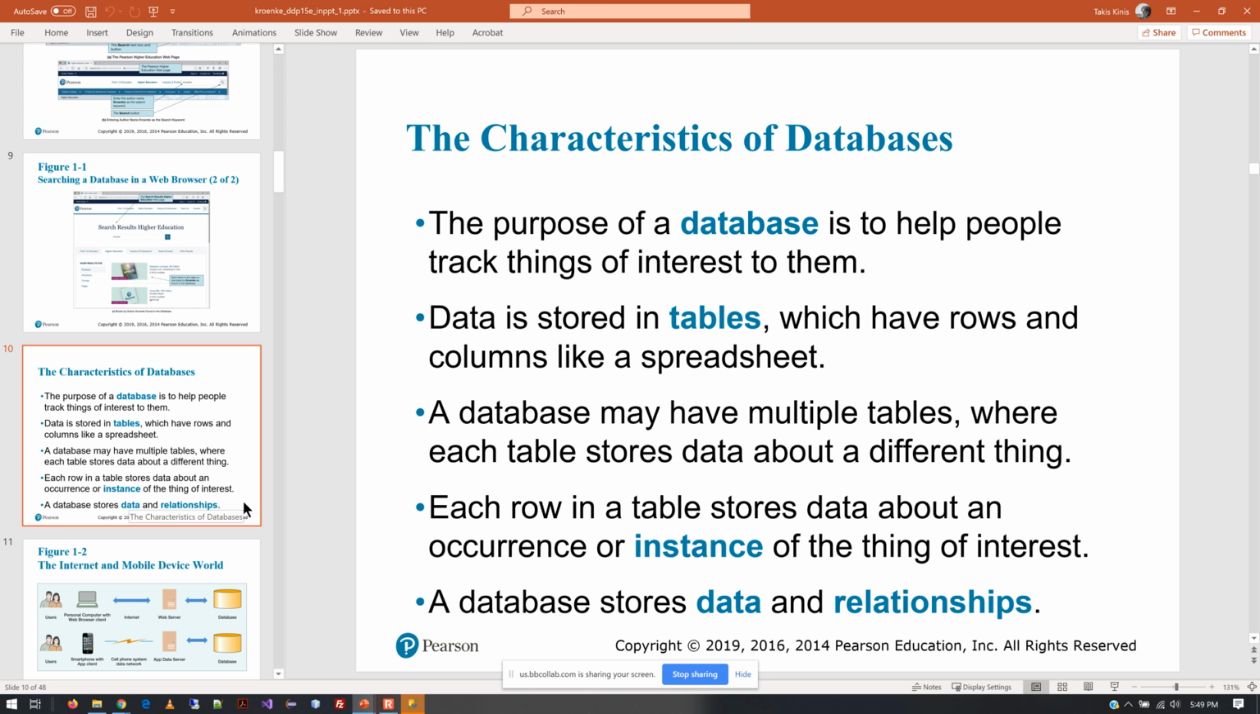All right, let's talk about what we're here to learn, and that is databases. And it says the purpose of a database is to help people track things of interest to them. Sure. For the Nazis, it was where all the Jews were located, right? And who knows what it is that is of interest to people, but most companies, they try to keep records,